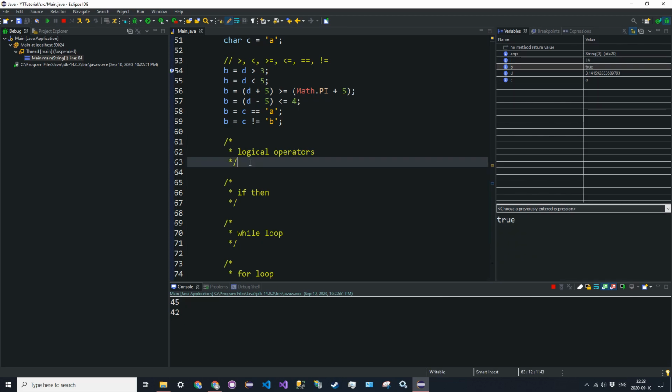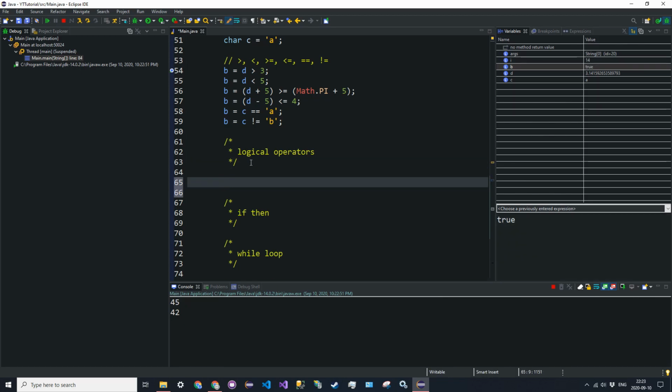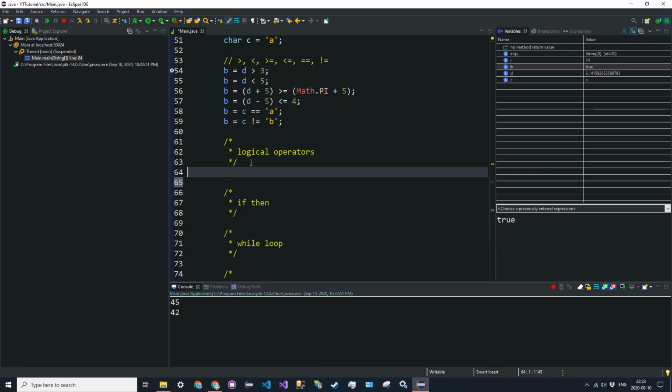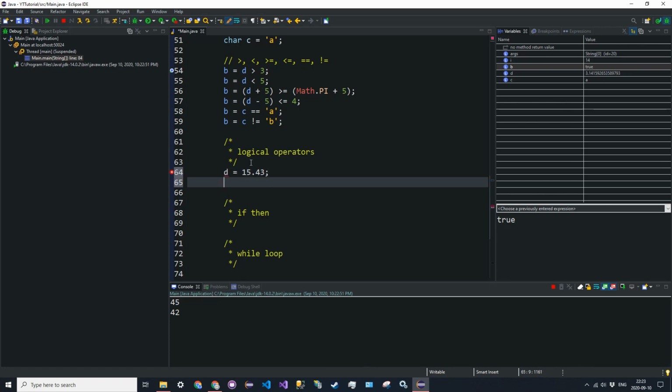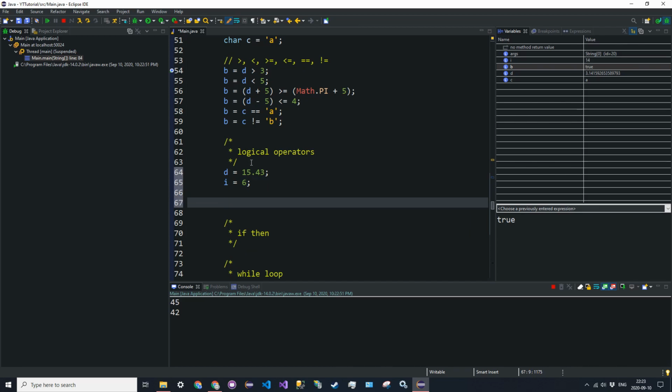Now let's do some logical operators. With logical operators, you can combine or modify the Boolean operators. So let's say that we wanted the Boolean value of b to depend on the double d being equal to 15.43 and i, which is an integer that we defined above, being equal to 6. So we want the Boolean value of b to depend on two variables at the same time. So we can say b is equal to,